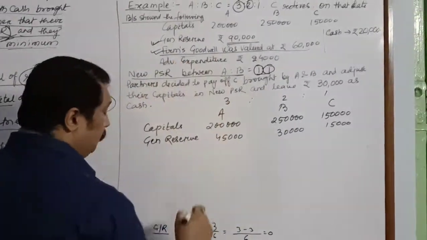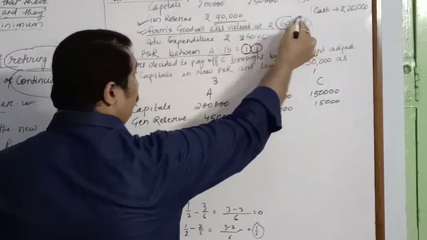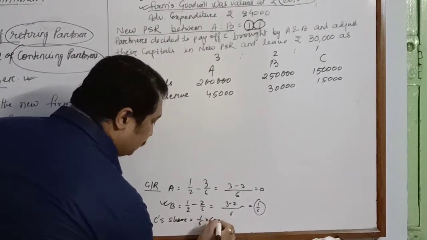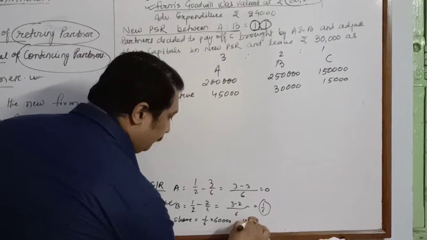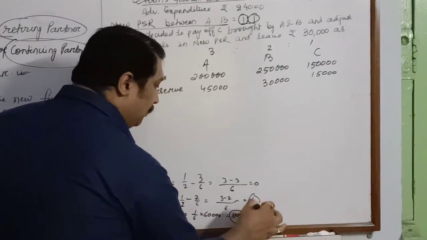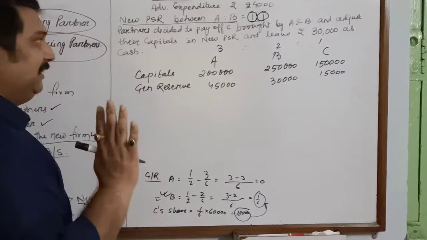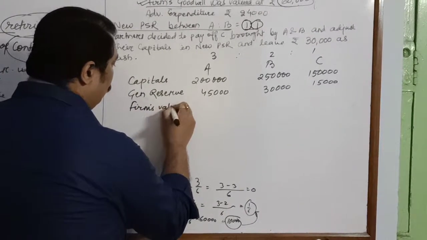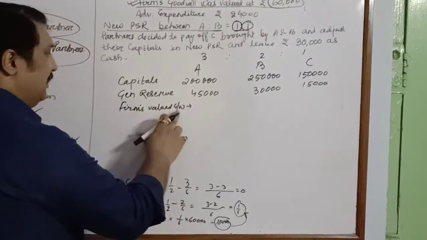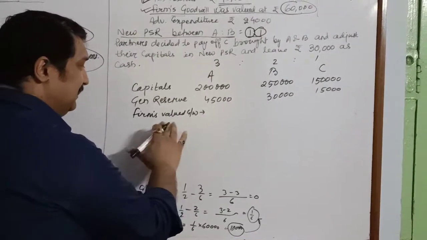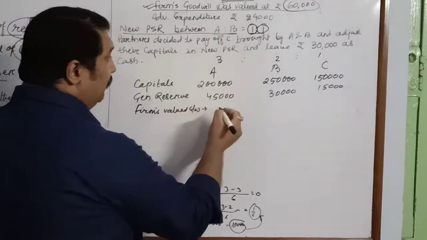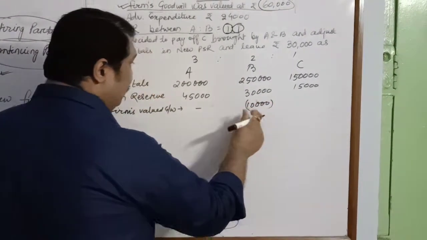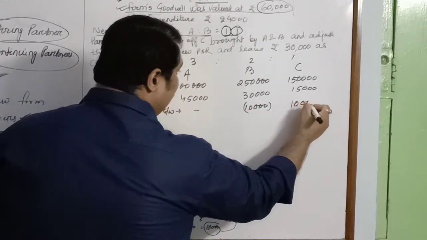So out of the firm's goodwill of rupees 60,000, what will be the share of C? C's share will be 1/6 into 60,000. This is rupees 10,000. So this entire 10,000 will be paid by B only because he is the only partner who is gaining. So here I'll write firm's valued goodwill. I'm not writing firm's goodwill because you may think it as a purchased goodwill. I'm writing valued goodwill, out of which A is not going to give any amount. B will be giving 10,000 because he is the only partner who has been gaining,